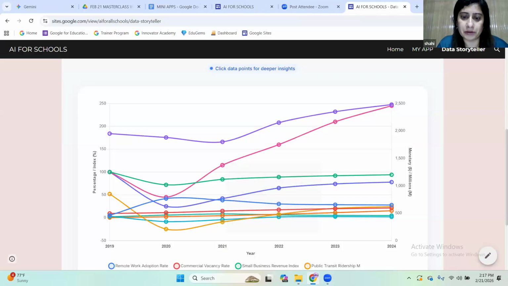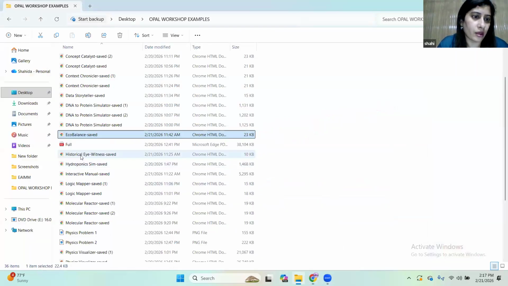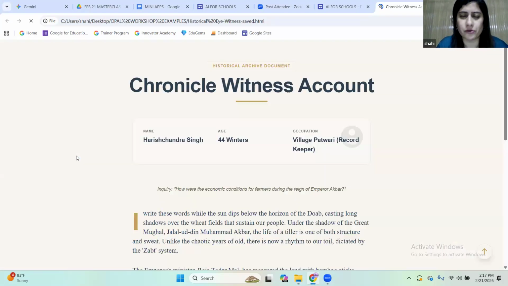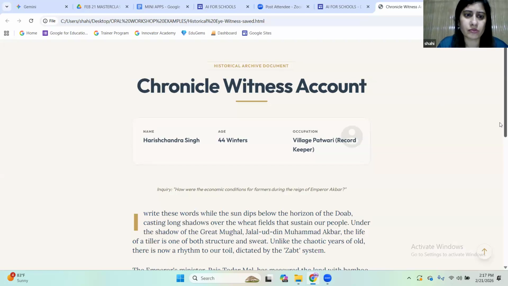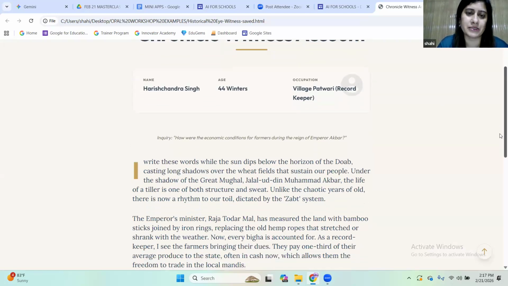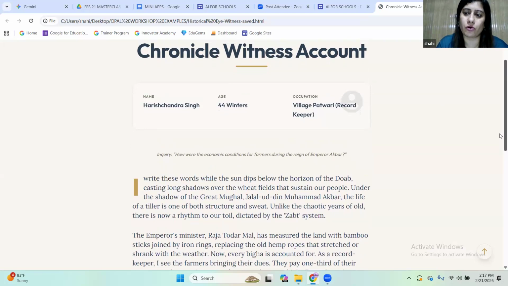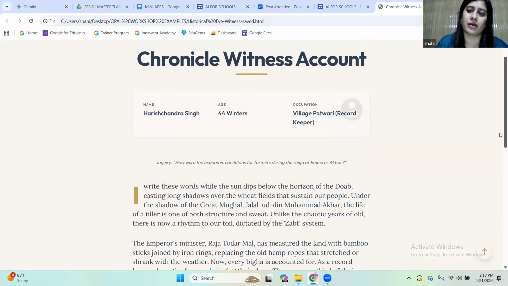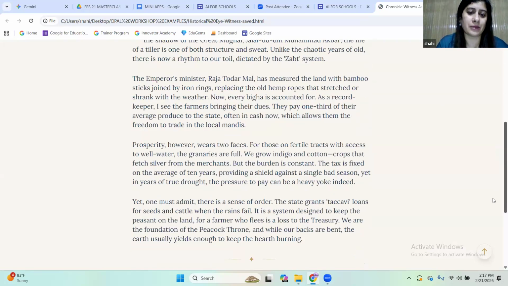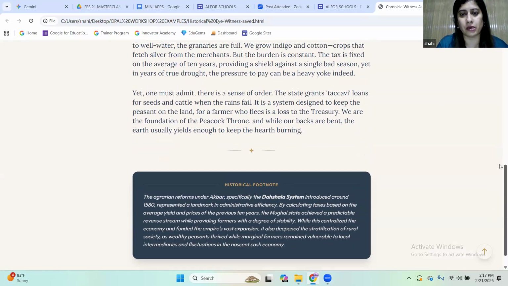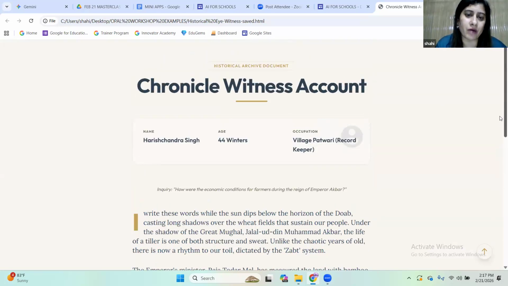Then for example, there is another app which I have created, and it is the Historical Eyewitness app. Now this is again a very interesting one. What this app does is that it gives an account of a commoner in a specific era. For example, I asked it to go to the era of Mughal Emperor Akbar, and from the perspective of a common farmer, how was the life of a farmer?